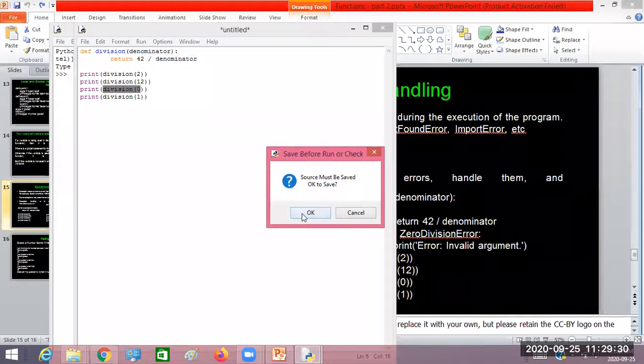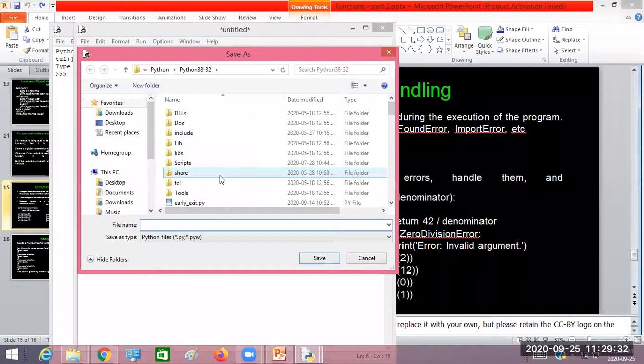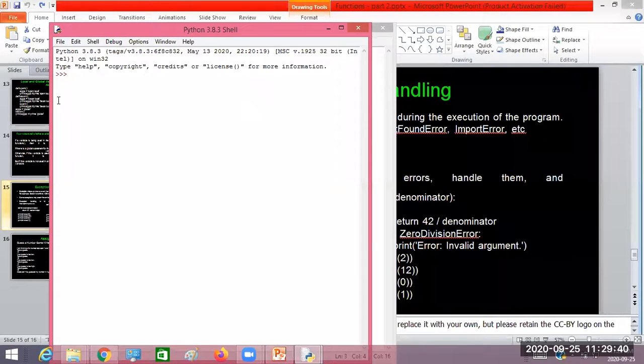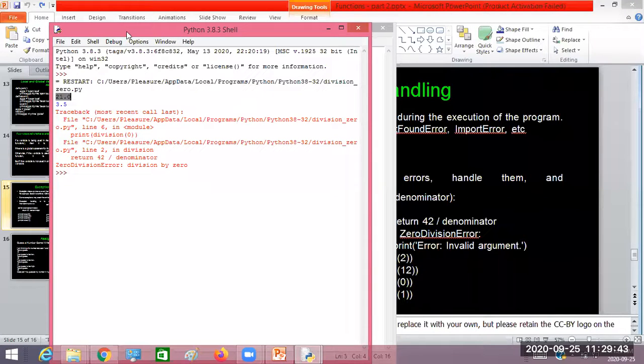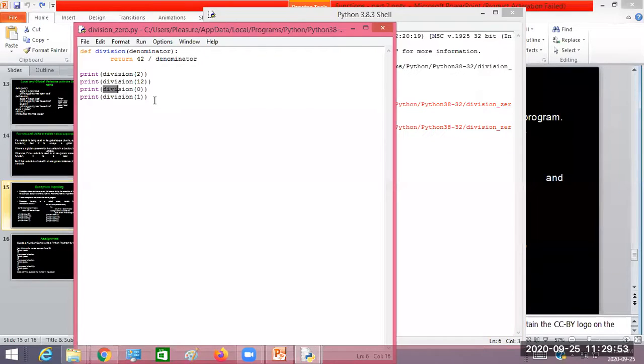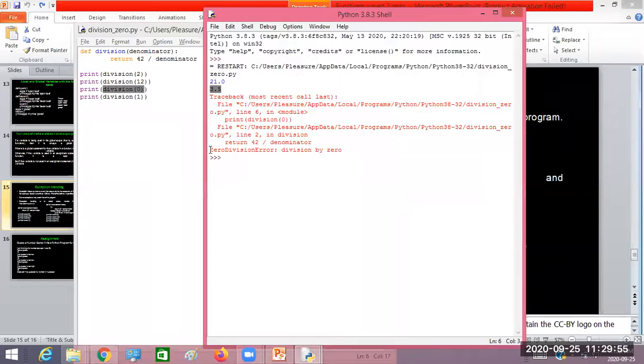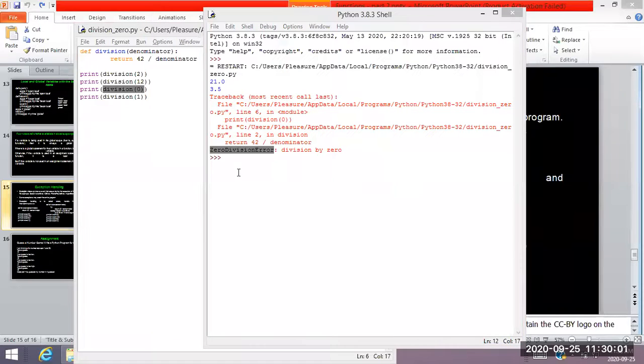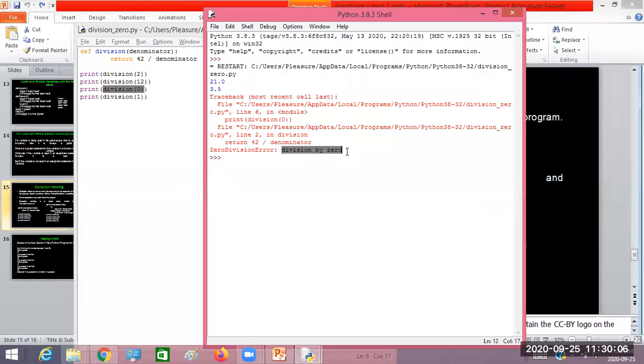So try to understand that with the execution here. Okay, so I'll take a division by 0. Now look into this one. 42 divided by 2, it has done this operation. Then 42 divided by 12, it has given this result. But when it tries to execute this third function call, it has resulted in an error. So that error it is showing here. ZeroDivisionError, this is the name of the event. That's why it is showing the error message as division by 0.